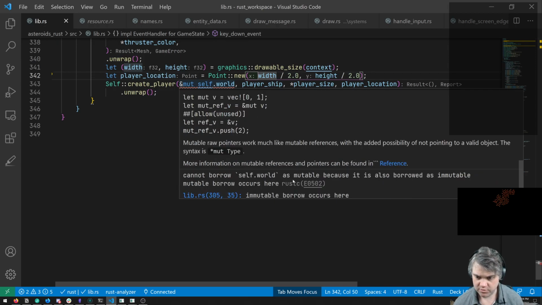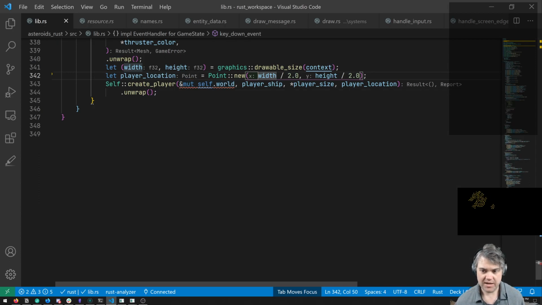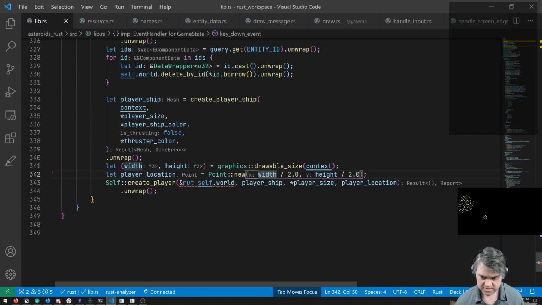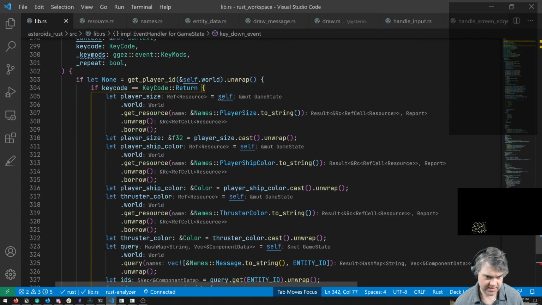Cannot borrow self the world as mutable because it's also borrowed as immutable. Oh, we have to drop. We have to do all these drops. We have to drop all of these things.